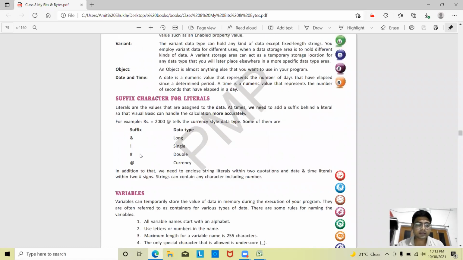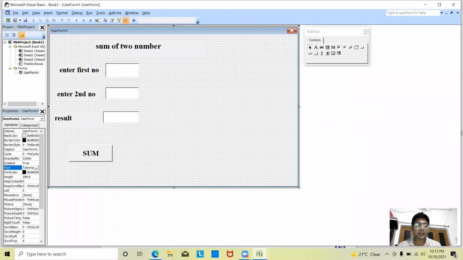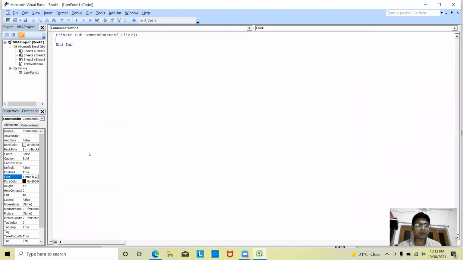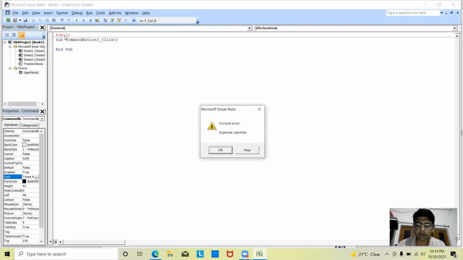So let's see the program. I am going to write the code for the button. I double click here and the code window is opened now. Here I'm going to write public instead of private.